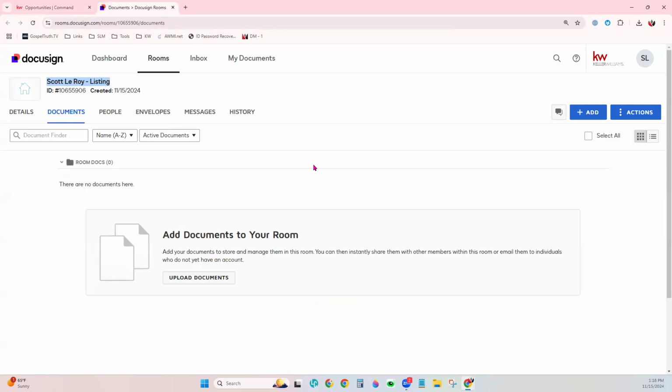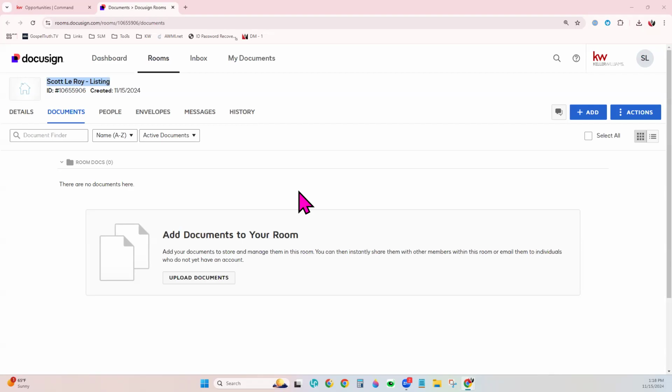Okay? So if this is your first time setting up DocuSign, you do want to make sure you have access to those forms. So this next step I'm going to show you is kind of a one-time deal. You won't have to do this every time you sign into Command. Once it's done, it's done. And chances are it's already done for you, especially if you got set up by us here at Scott Leroy Marketing. But I do want to show you how to integrate your forms into DocuSign so that you know that